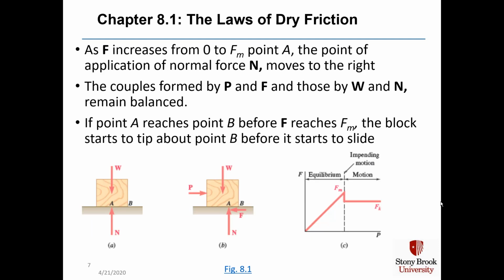As F increases from 0 to F sub m, so that's this part of the curve, point A, which is the point of application of our normal force N, moves to the right. And the couple formed by P and F, which are equal and opposite but separated by a certain distance, creates a moment that goes clockwise, and gets balanced by the couple formed by W and N, where W and N are equal and opposite and separated by a certain distance, and they create a moment